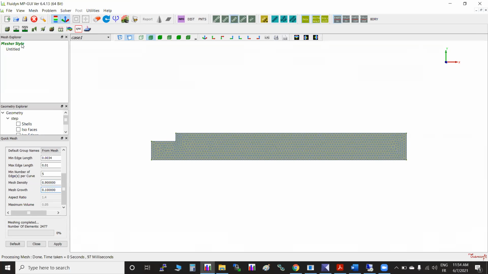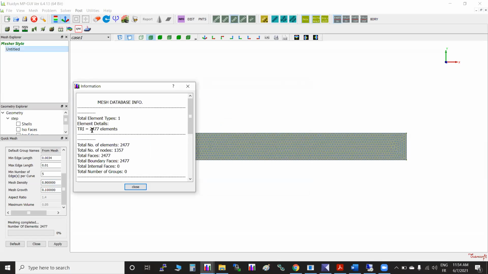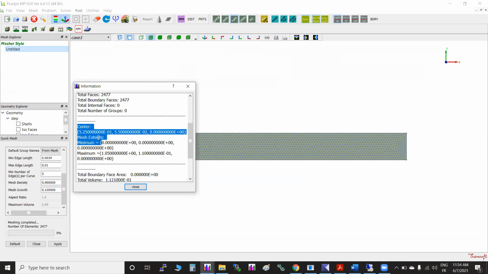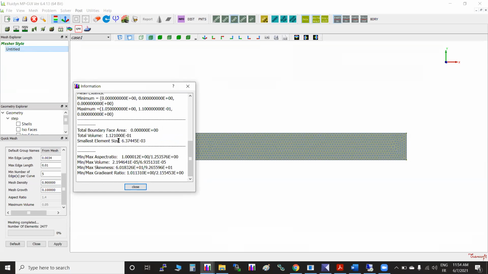Okay, how it generates. Now in measure, if you see, the mesh is created here, measure style. That is a mesh explorer, and this is the mesh. If you right click and check the information, it gives all information. It is a triangular element, and how many elements are there, how many nodes are there, how many boundary faces are there, what is the mesh extension, you know, for example, minimum maximum extension in x direction, y direction. So you get to know about dimensions. What is the surface area? This is the area, total volume here. Right. So that is the first thing we do.